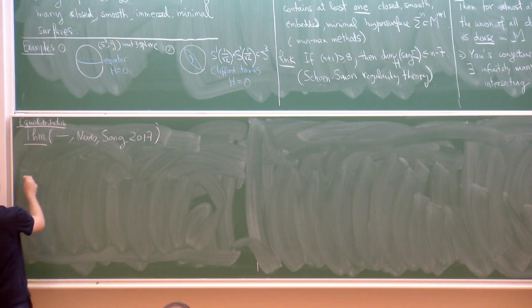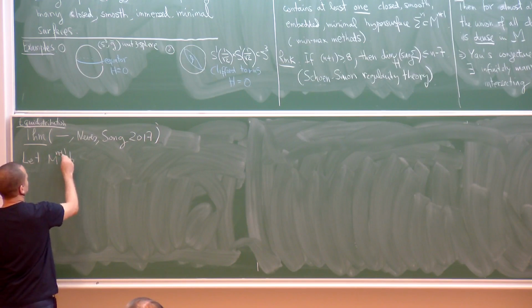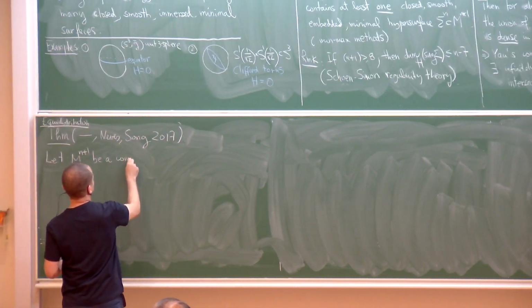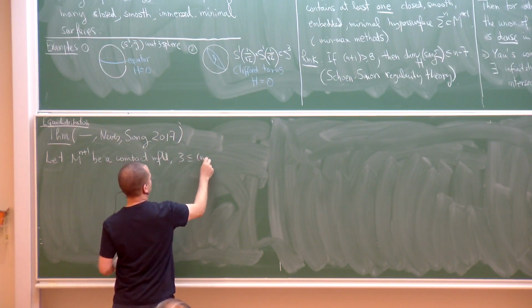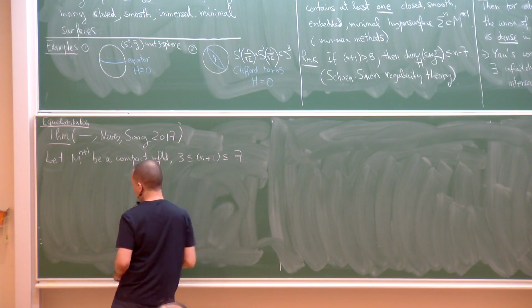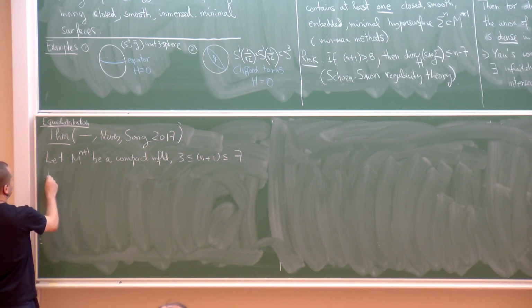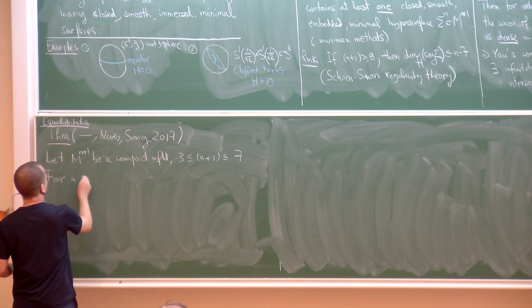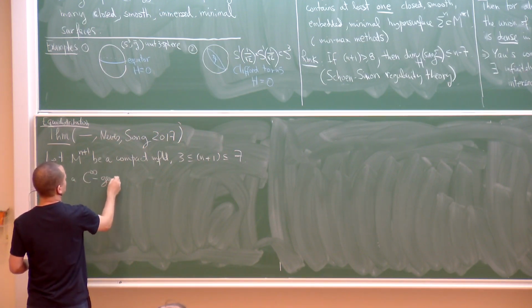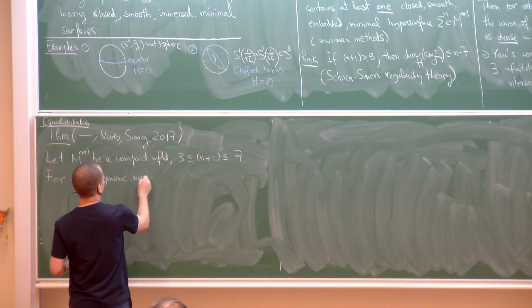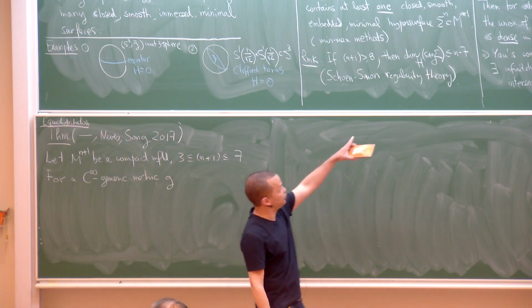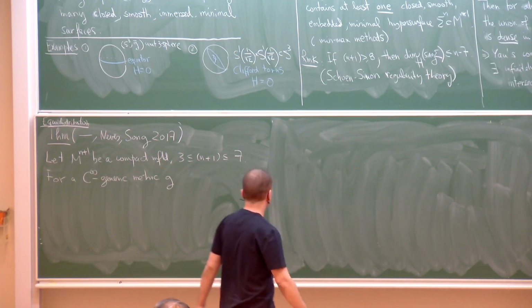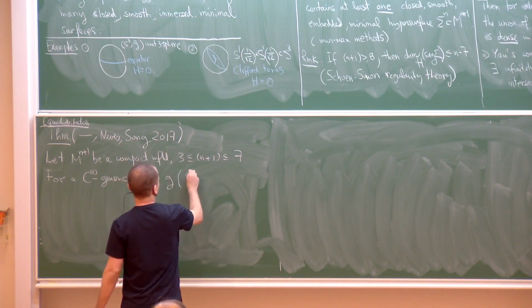Again in the same setting, so let n plus 1 be a compact manifold, then again for a C infinity generic metric g, this is what I mean by saying for almost all metrics in the Baire sense,